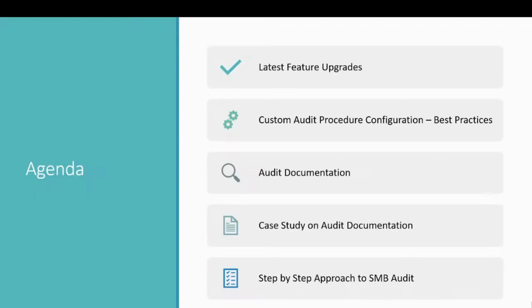Thereafter, I will dive into the audit documentation module extensively. I will cover how to go step by step, covering all the components, how to create these components, how to enable them, how the client will participate in these activities, and so on. And I will also take up a case study on audit documentation,